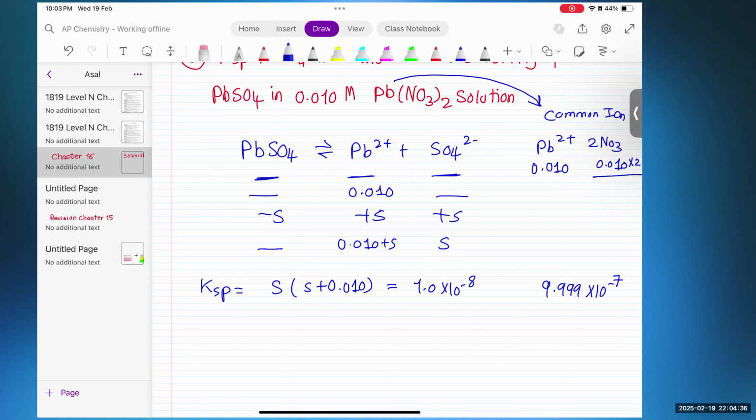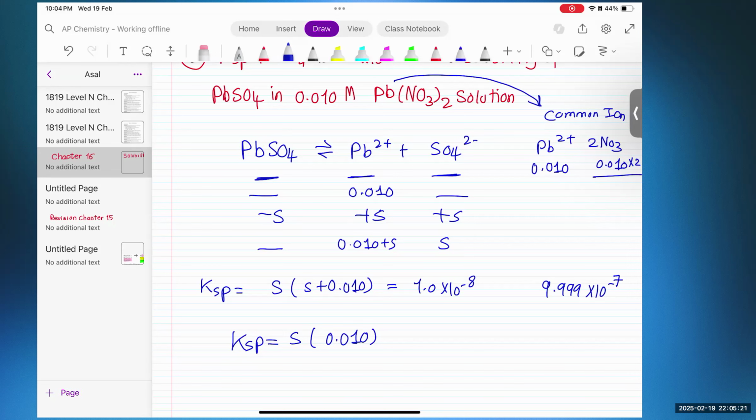Like you were asking just now, I'm going to ignore this value and say that the KSP is equal to S multiplied by S. This S is much smaller than the 0.01. So I will just say that it is equal to S multiplied by 0.01. It's a very small value that has to be ignored compared to 0.01. So I will say S is equal to the 1 multiplied 10 to the power of -8,